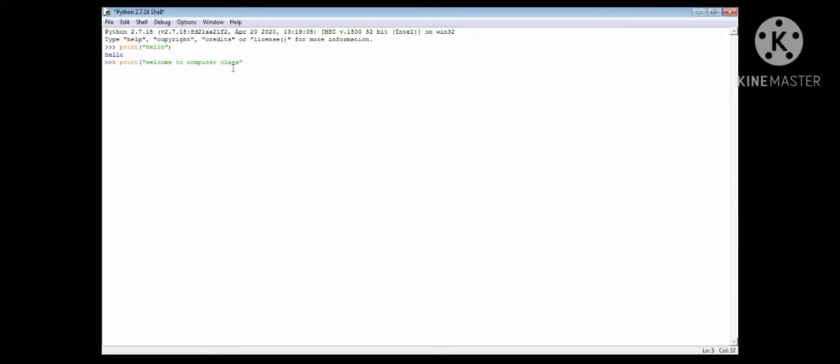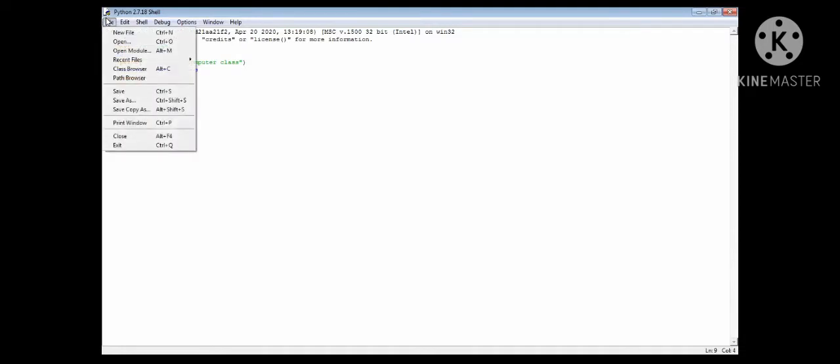This is the string I am writing. Output you can see. Only the print statement you have to give. But can you see? Every time I need to give the print statement. 2 plus 6. Suppose you write this. Output is 8. Can you see all these things? But every time you need to give the print statement. Fine. Now, I want to write the code in script mode.